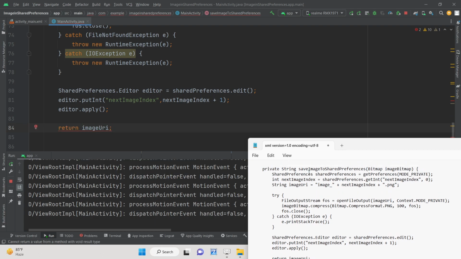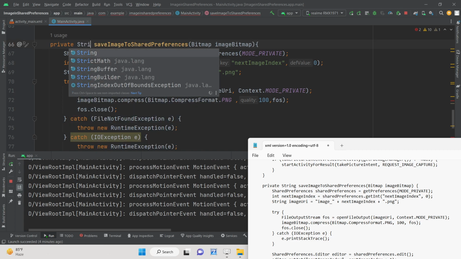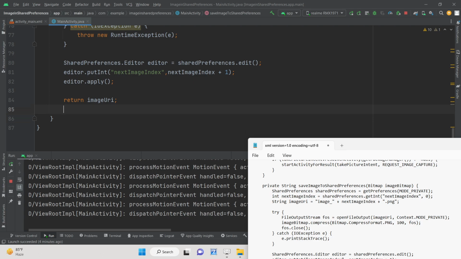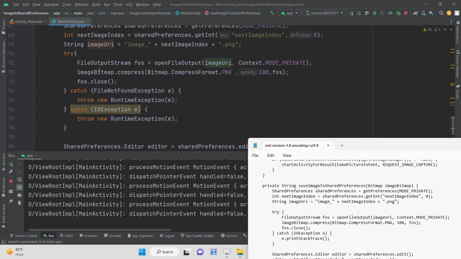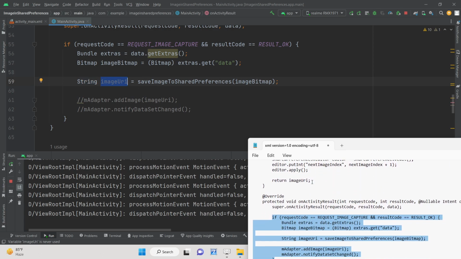And then we will simply return the image URI from this function. So here we need to change the type from void to String. It will return an image URI. After saving it, it will return this image URI from this function. So here what we are saying is, we are getting this image URI. Now we simply need to